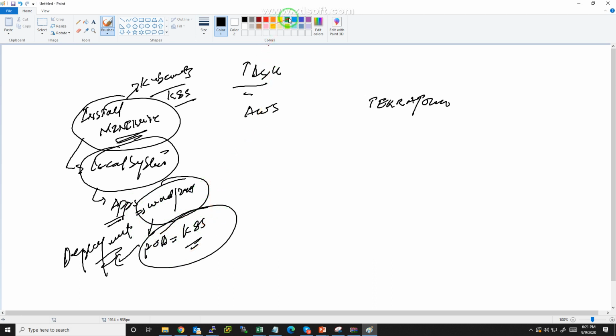Then we will go for AWS. For AWS, we will launch a service which is RDS. This is a relational database, and as you know, WordPress needs a database as well. So we will make a connectivity from the WordPress application to RDS.